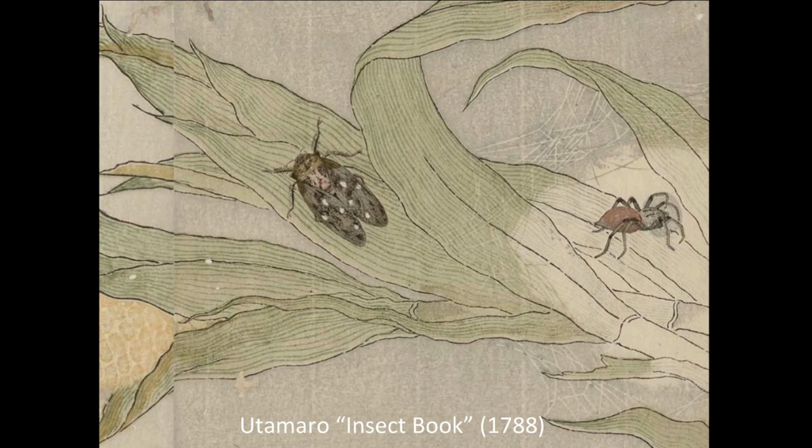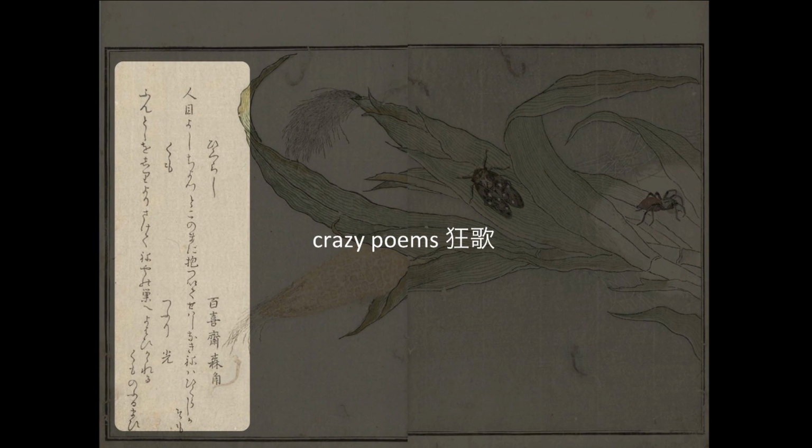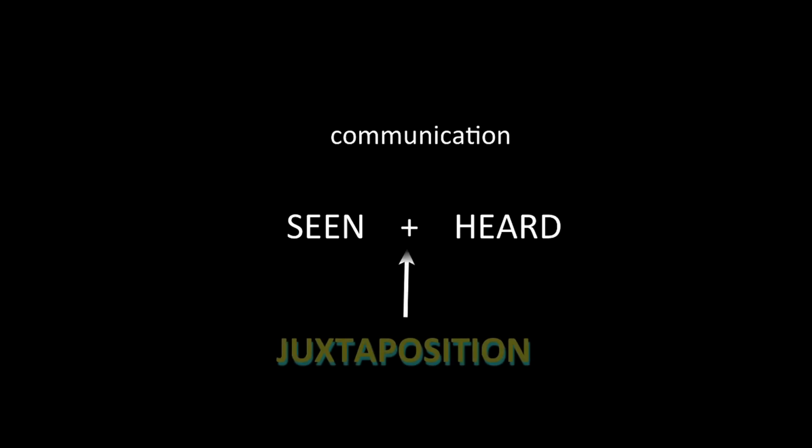So here, for example, in Utamaro's insect book of 1788, we have a very realistic, naturalistic depiction of insects. But this work appears in what is a kyoka collection, that is a collection of so-called crazy poems. Poems that are deliberately, sometimes called comic verses, deliberately subversive. And so what I want to suggest is that we may want to think about the possibilities offered by juxtaposition, this combination of the seen and the heard together,